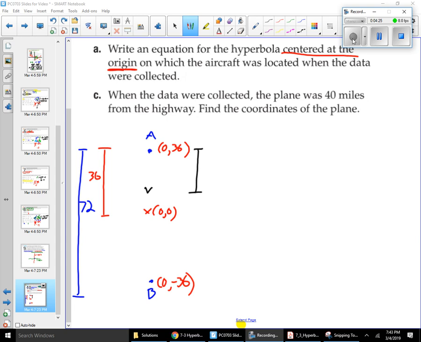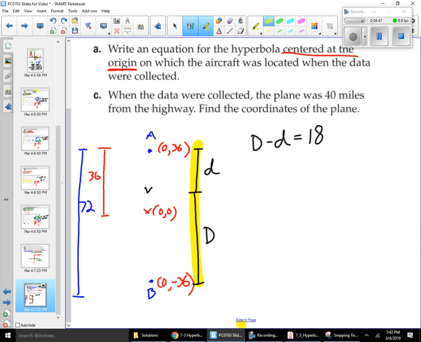That airplane is a certain distance away from airport A, but regardless of how far away it is from airport A versus airport B, we know that the difference between those two distances is 18. That's in our given. But we also know that the sum of those two